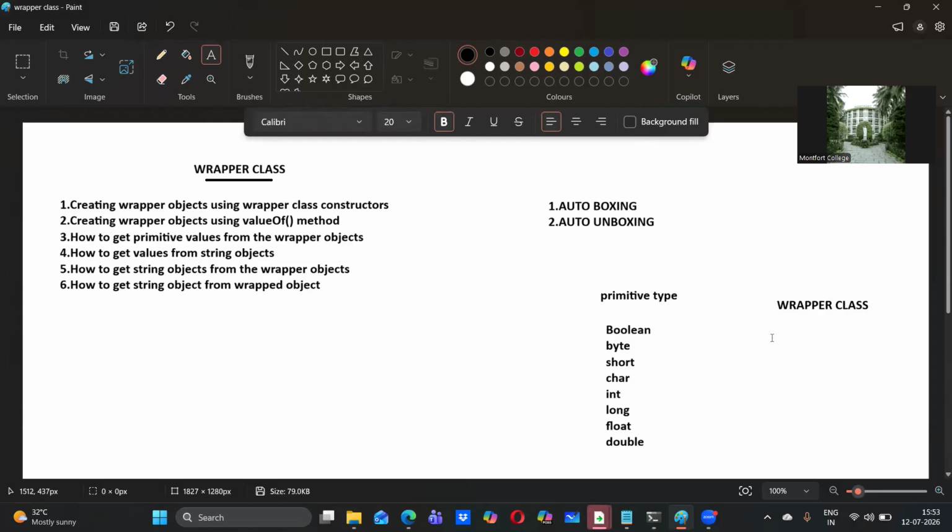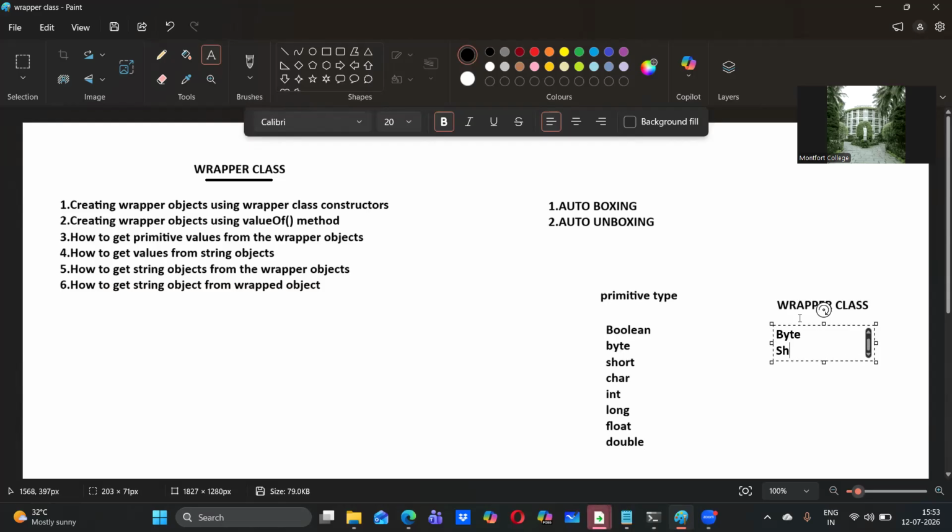So in wrapper class, we have the first one is Boolean. So the first letter should be capital. Okay, the first letter should be capital for any wrapper class. So first Boolean, next Byte,